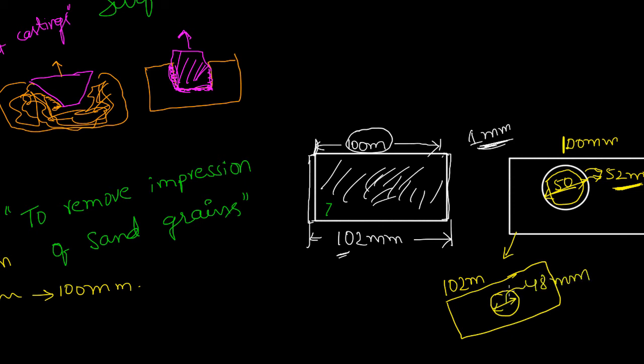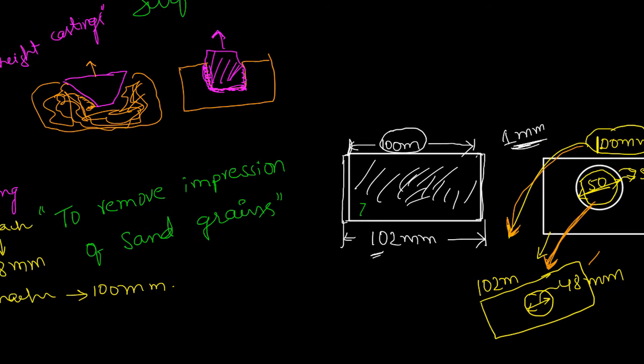So, see, very good point. Here it is increased to 100 mm, but the hole size is getting reduced to 48 mm. This is the key point that I want to tell you. The hole size will get reduced, and the external dimension will get increased. Right? Please make note of this. Very important. Many people make silly mistakes here and lose marks.